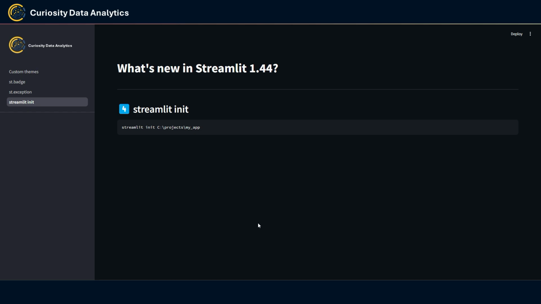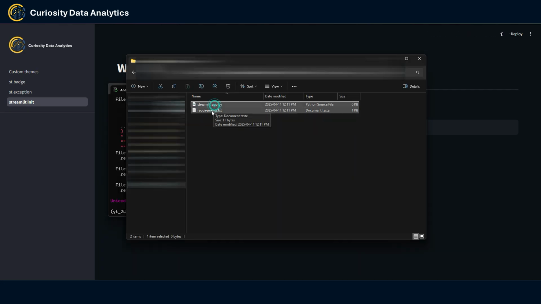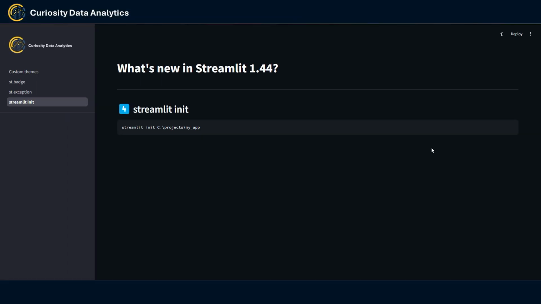Now you have the ability to create the necessary files to run a Streamlit app with a single command prompt. If you open up an Anaconda prompt, you can just write streamlit init with a specified path and it's going to create the necessary files for your Streamlit app. So here, if I write streamlit init with a specified path, it creates two files, one for the Python code and a requirements file. So yeah, that concludes the features that I wanted to showcase to you